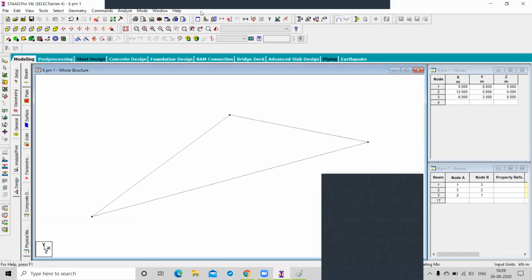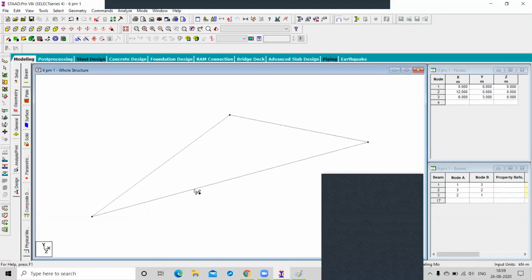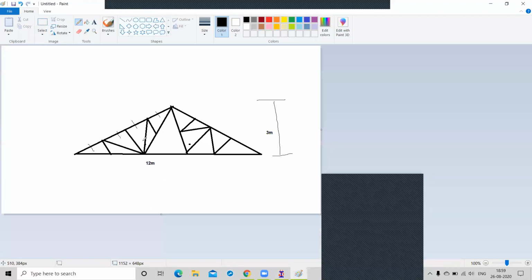So tell me, what is the distance from here to here? This node, 3,0. I am talking about this node. If I draw a perpendicular distance, so this is your 6. Yes or no?